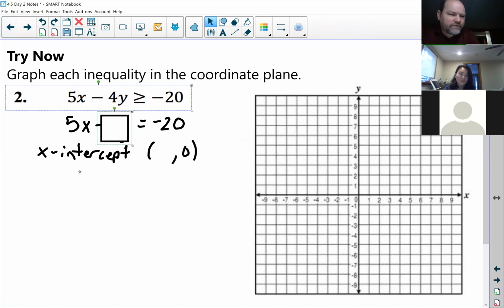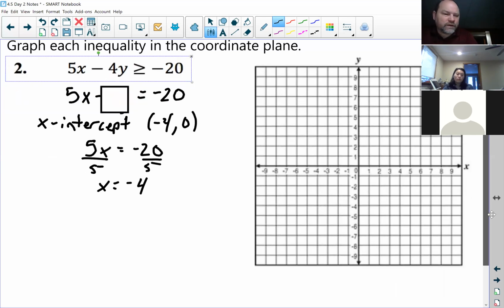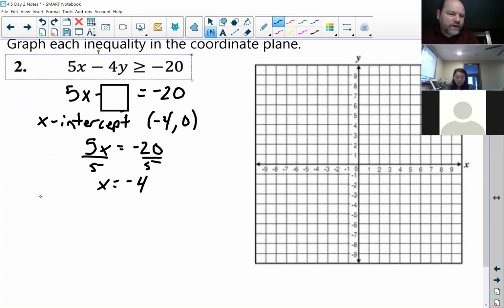So we get 5x equals -20. Divide both sides by 5, x equals -4. And then to find the y-intercept,